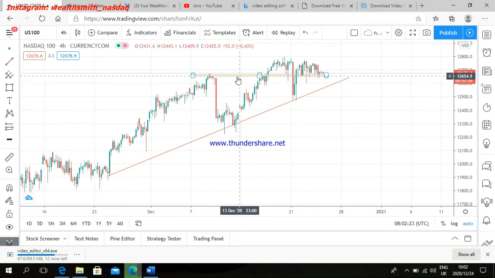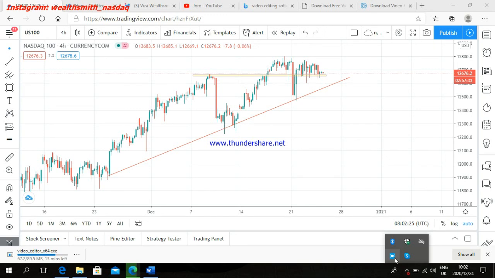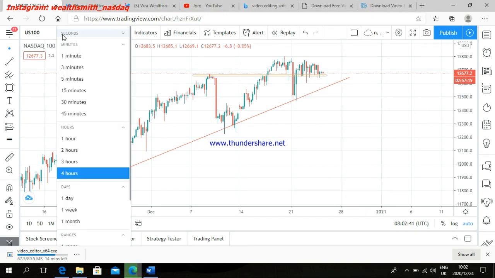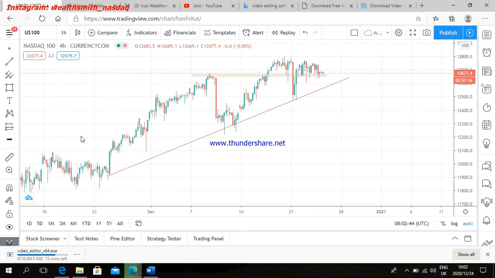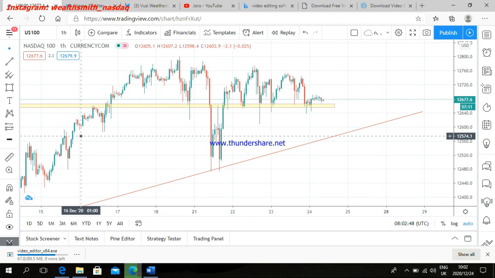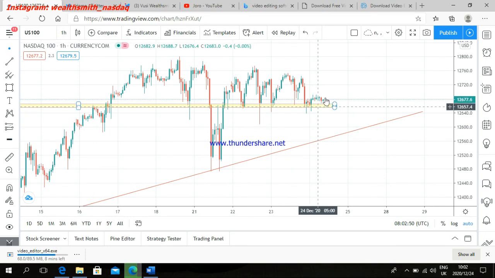So when it comes to technicals, what I'm seeing here is a market that is in a position whereby it can either go up or down, but we'll need some multiple confirmation. That means we're going to be using multiple time frames. So I'm going to switch to 1 hour and check what's happening on 1 hour. So on an hourly basis,